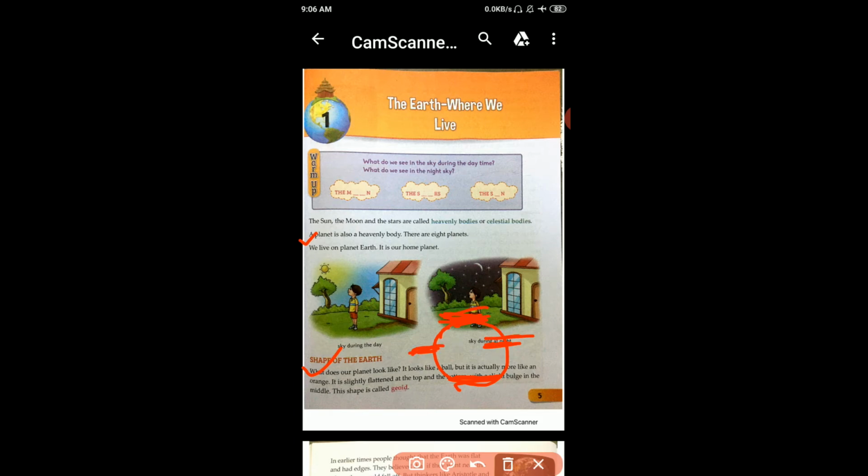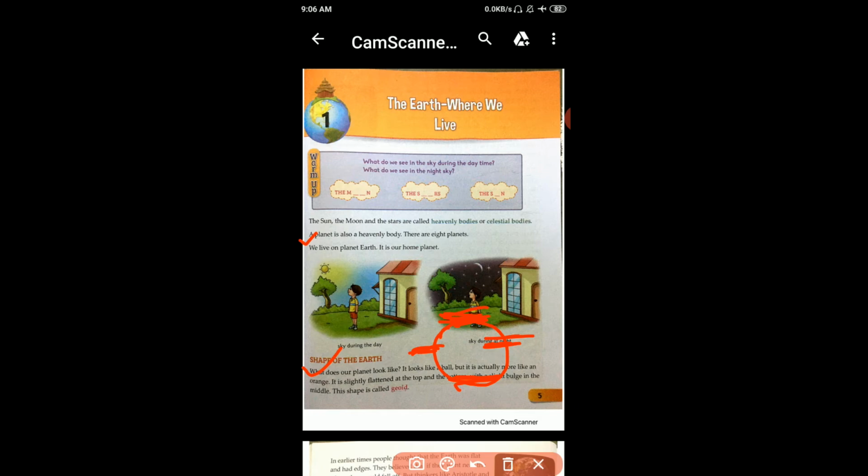So the shape of the earth is called geoid.